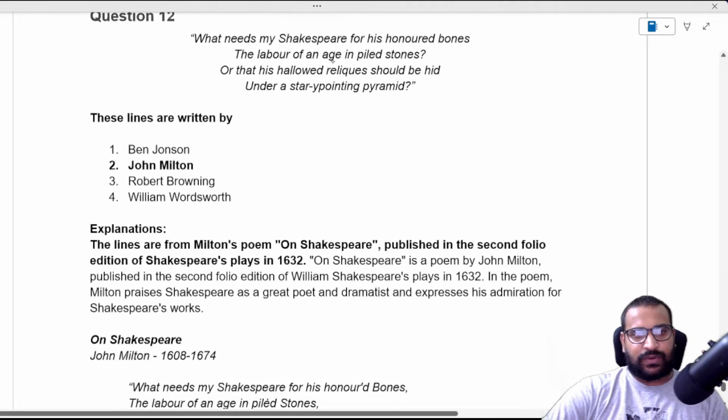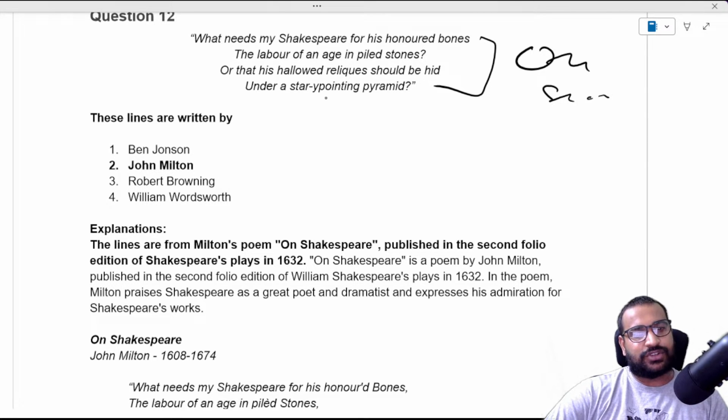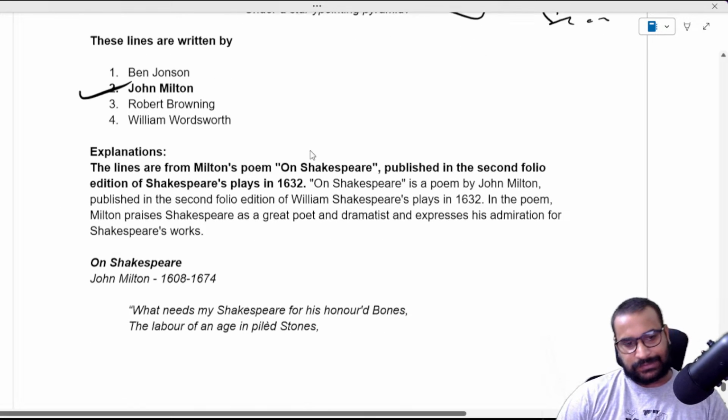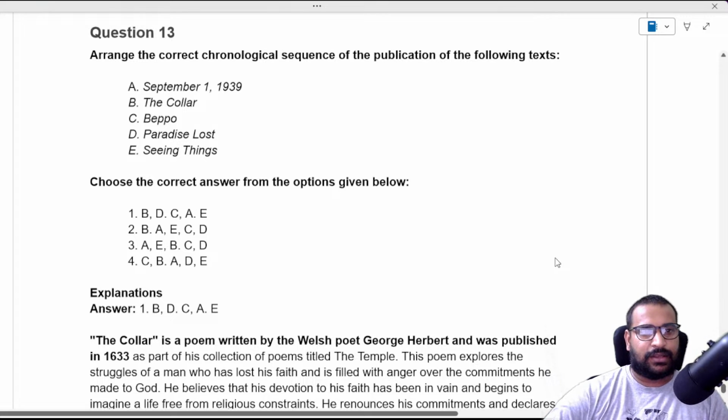So question number 12, what needs my Shakespeare for his honored bones? Tell me what on Shakespeare, right? The labor of an age in piled stones, or that his hallowed relics should be hid under a star-ypointing pyramid. I told you this question they ask. So John Milton. We already talked about it on Shakespeare. Anyway,